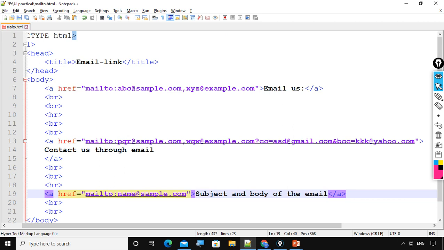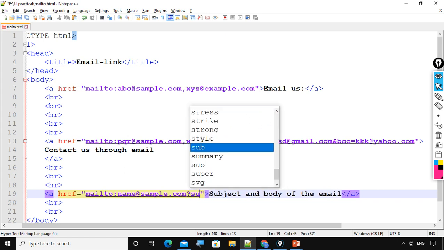Only one recipient is enough for this example, and I will not configure default carbon copy recipient and default blind carbon copy recipient. Directly what I will write, I will write query string for subject and body.